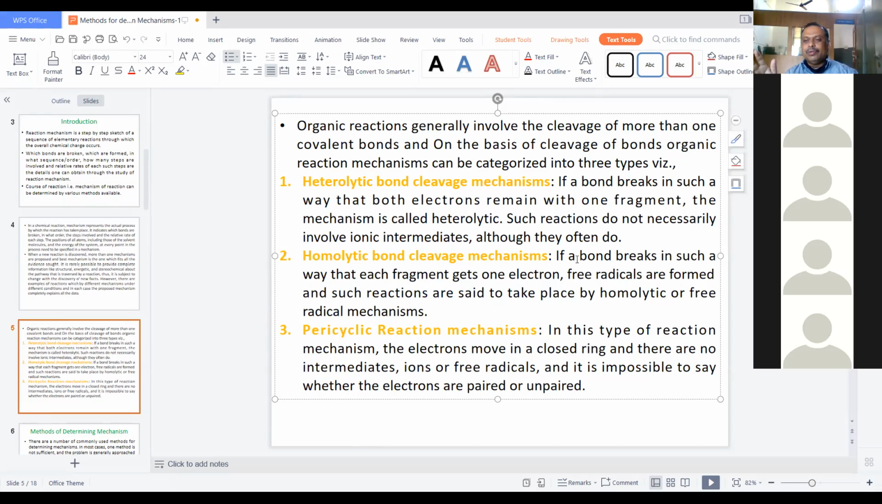In this type of reaction mechanism, the electrons move in a closed manner and there are no intermediates, ions or free radicals, and it is impossible to say whether the electrons are paired or unpaired. For example,